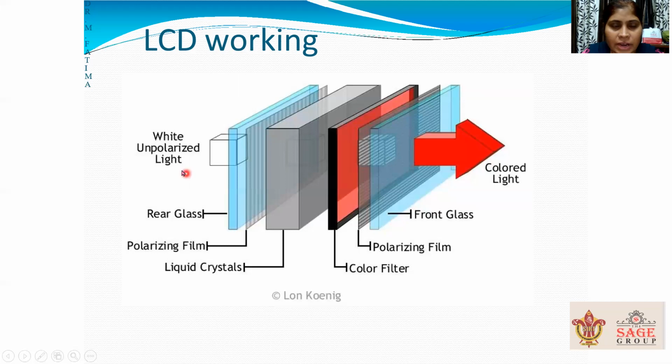So when light is falling on this, if this liquid crystal electrode is not connected to the voltage, then it is transparent and light will be moving and the screen will be brighter. But when the electrodes of the liquid crystal are connected to the potential, the molecules of the liquid crystal change and are aligned in a particular fashion, and they will not allow the light to pass through it, and so the screen becomes darker.